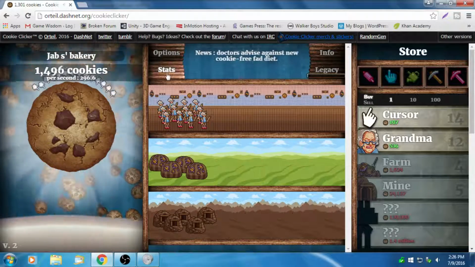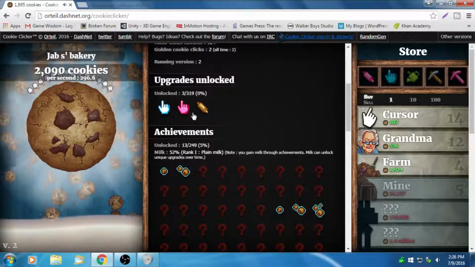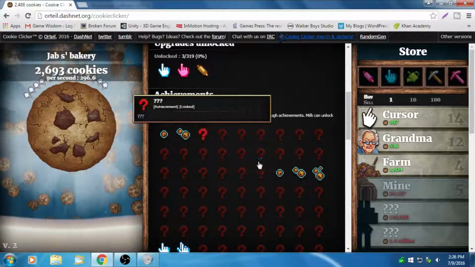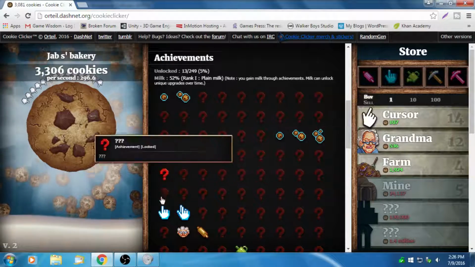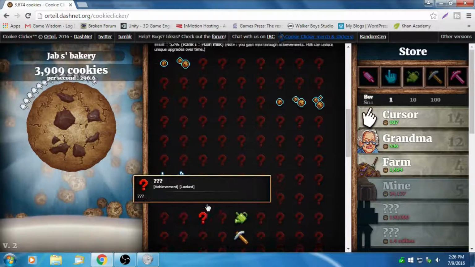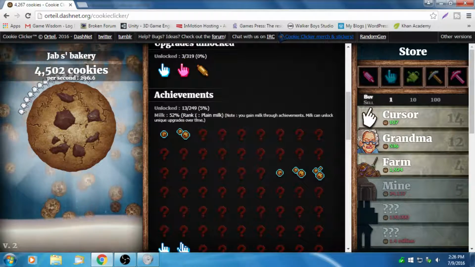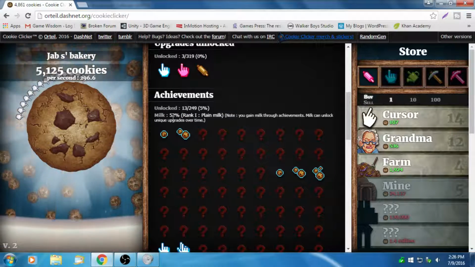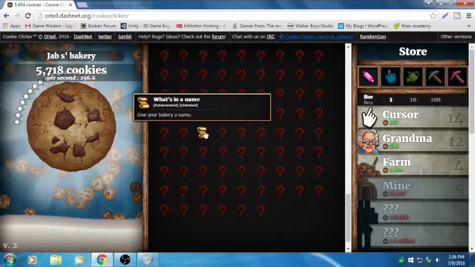And if that's not enough, we have the achievements down here to keep us going. And the achievements also raise your milk rank, which in turn also gives you unique bonuses.